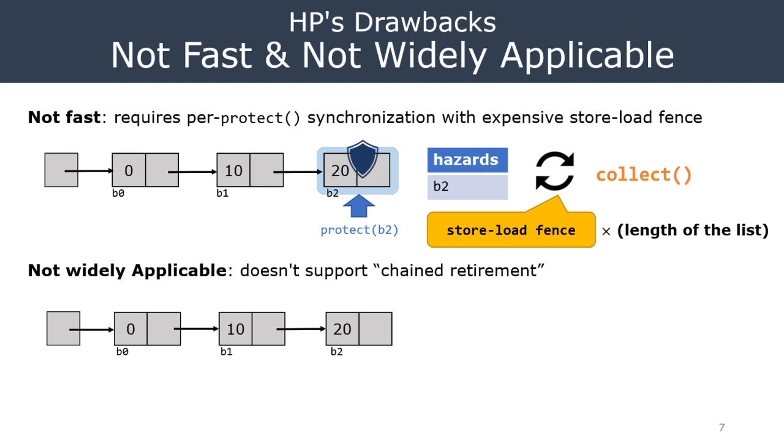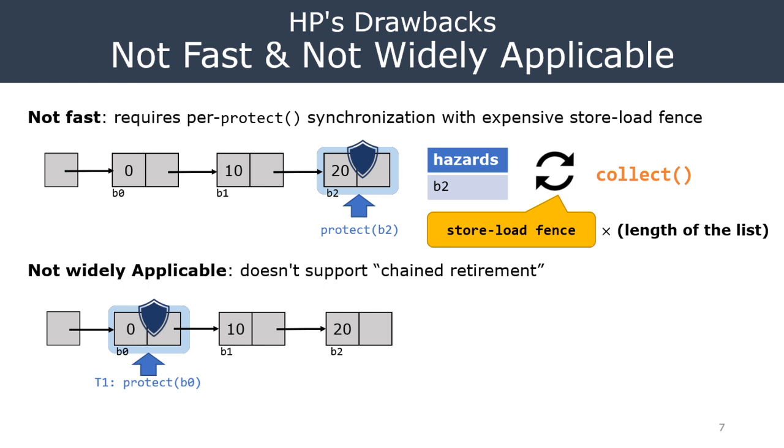And the second problem is that hazard pointers are not widely applicable to many data structures. That means there are many data structures that cannot be implemented with hazard pointers, and let me explain why. One representative example of that is what is called a chain retirement. And in this example,